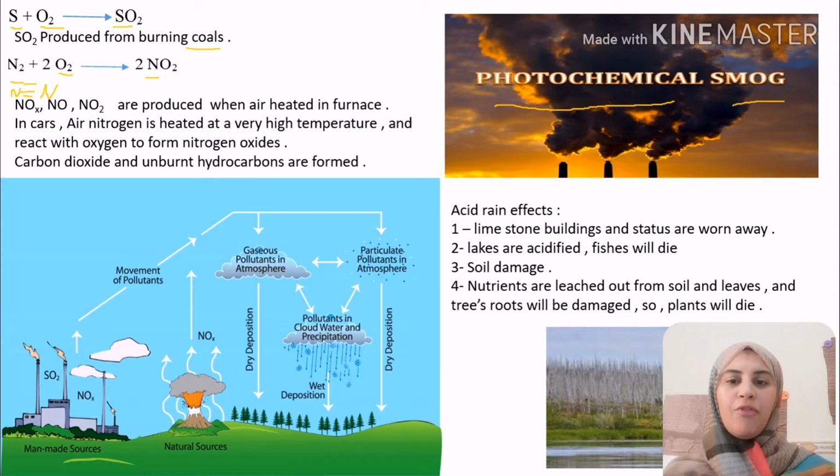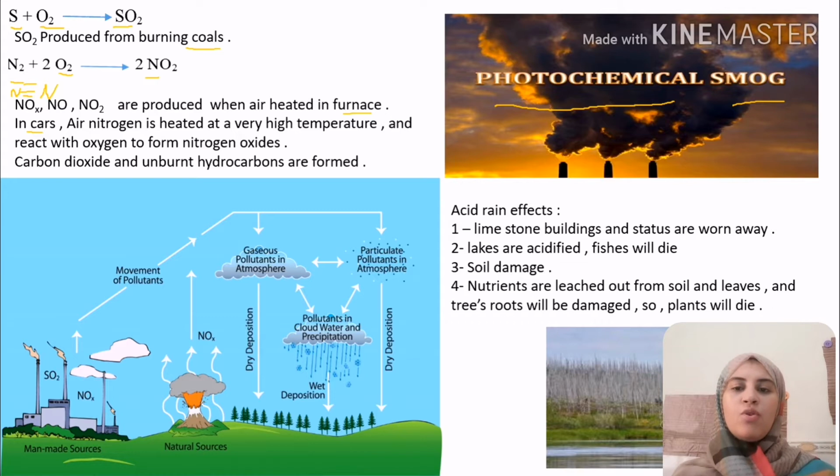Nitrogen monoxide and nitrogen dioxide are produced when air is heated at very high temperature, in industries like the blast furnace, where we heat gases at very high temperature. In cars, air nitrogen is heated at very high temperature and reacts with oxygen from the air